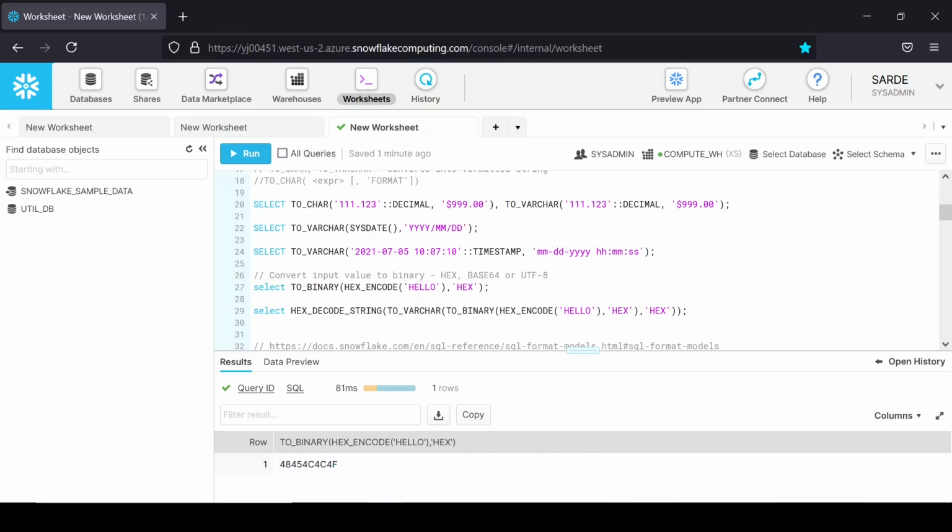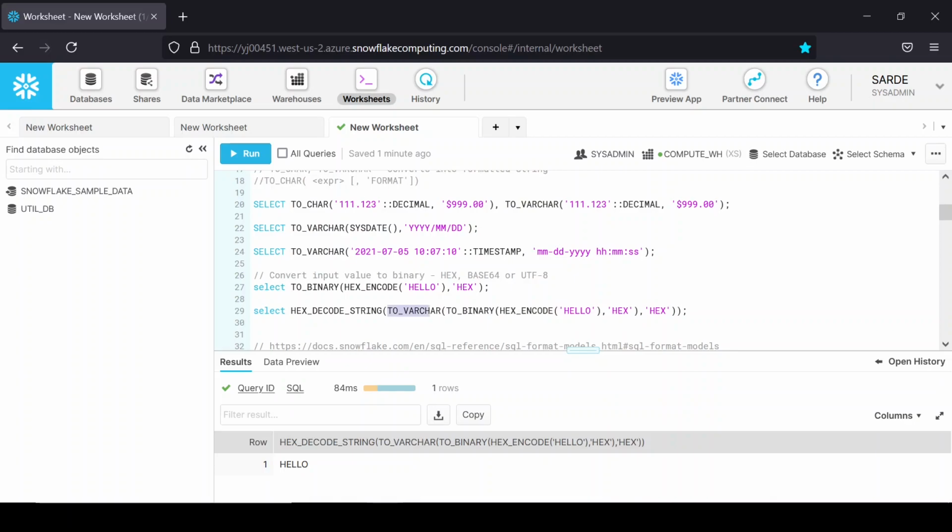Next, if I run this next function, we can see first it has converted this hello into hex. Then what we did here, we decoded that hex value into our actual string. To do that, first I passed that hex value.